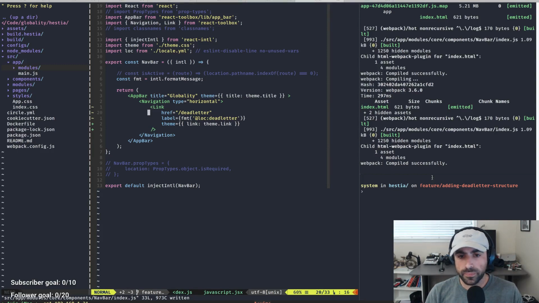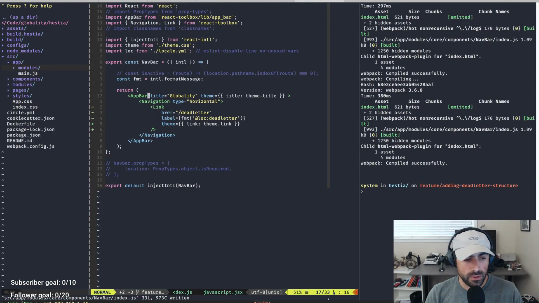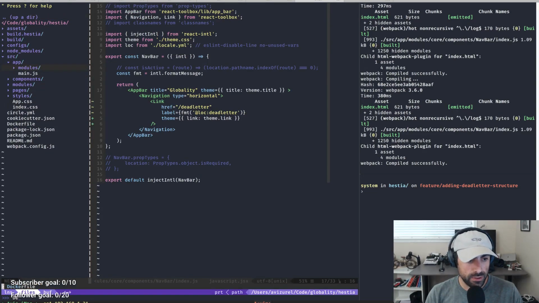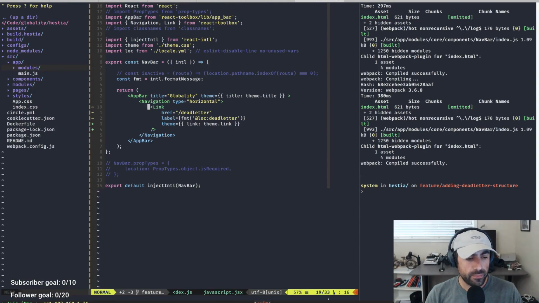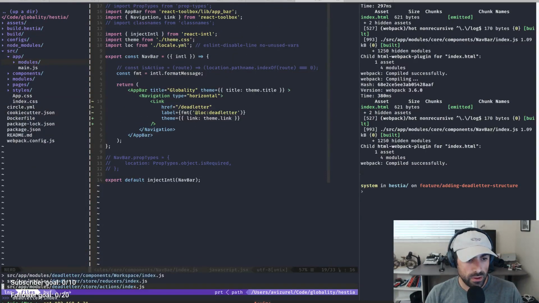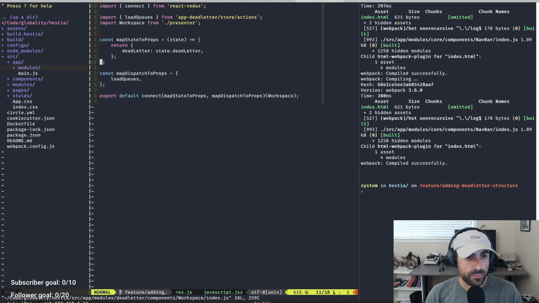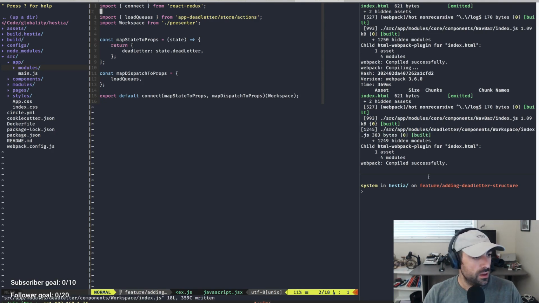Now, if we go to the dead letter index.js, here in the workspace, what I'm going to do is load the queues. Now, before I actually load the queues, I need to have an